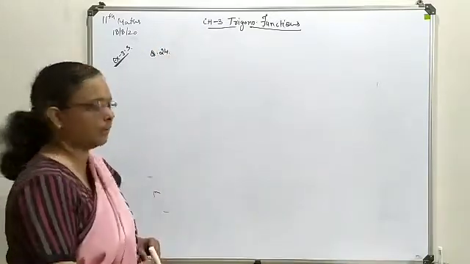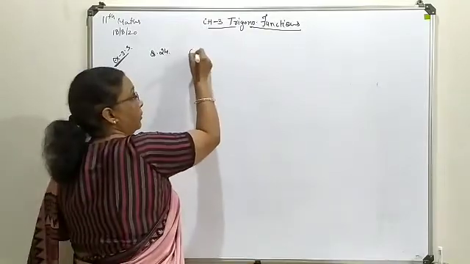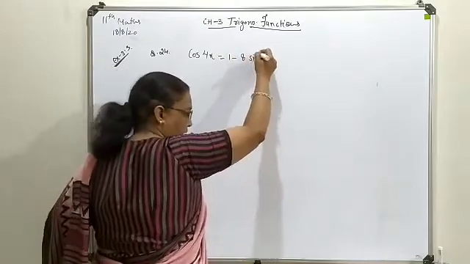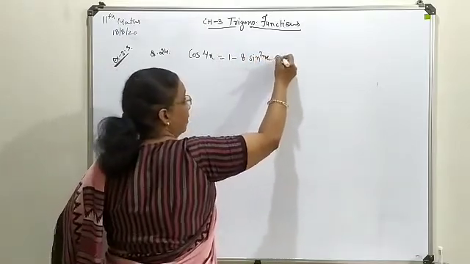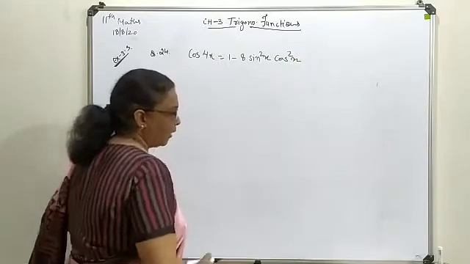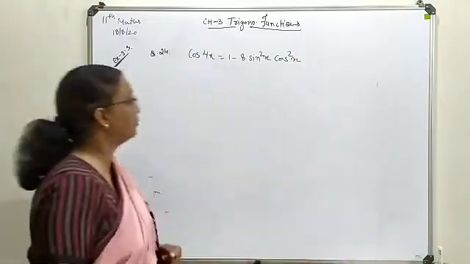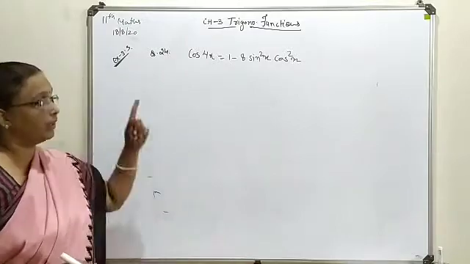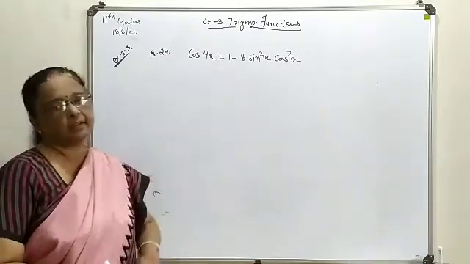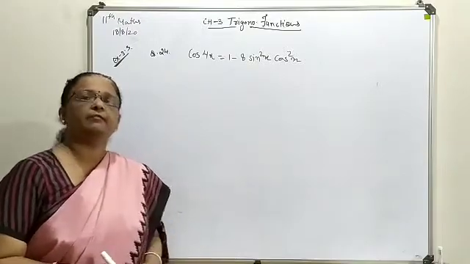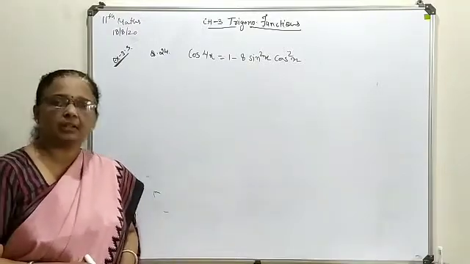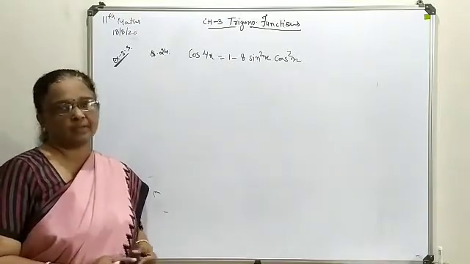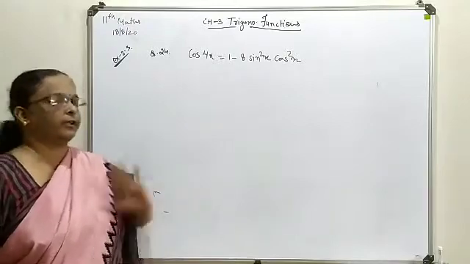Move towards the next question, that is 24, in which you will prove cos of 4x is 1 minus 8 sin square x cos square x. Now somewhat hint from the question itself tells you which formula regarding the cos is to be implemented. Here you can see your 1 is present at the first position. 3 formulas we have studied in terms of cos 2 theta or cos 2x. The first was cos square minus sin square. There is no possibility to find out this 1.